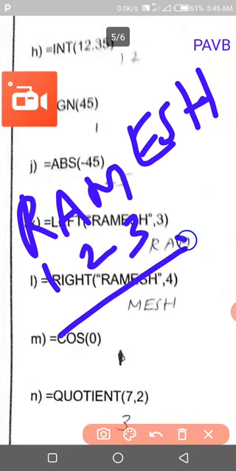We have to write the answer in this order. What is the answer? RAM. It is given in capital letters, so you have to write it in capital letters. If small letters are given, you write the answer in small letters. If both are given, you write what is given in the question.